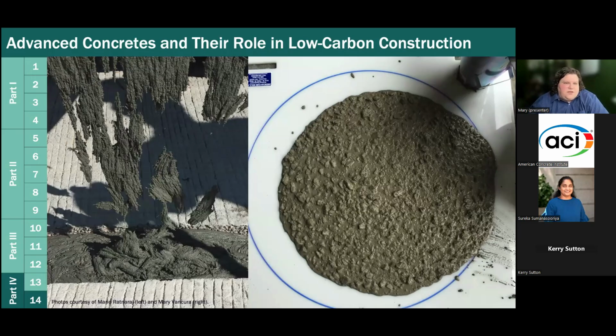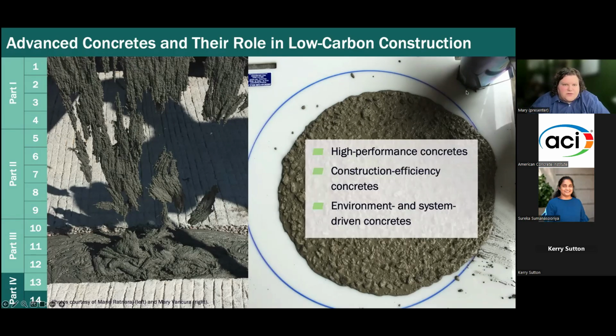And so on the left here, you can see that's ultra high performance concrete. If you're not familiar, it's really interesting stuff. There's no coarse aggregate. It has steel fibers, really strong, practically impermeable, really interesting stuff. Self-consolidating concrete here on the right. There's no segregation, but it's super fluid. And so it's able to get into the nooks and crannies and in high reinforcement areas.